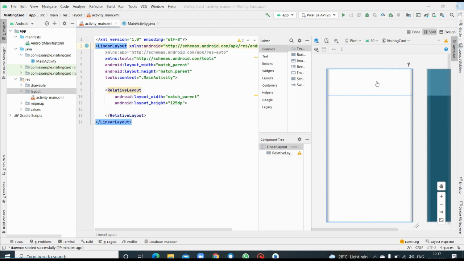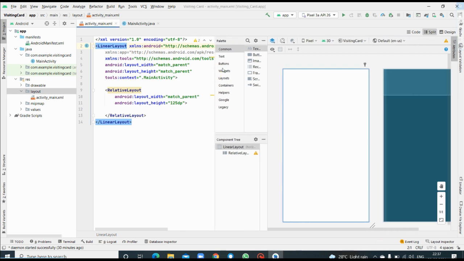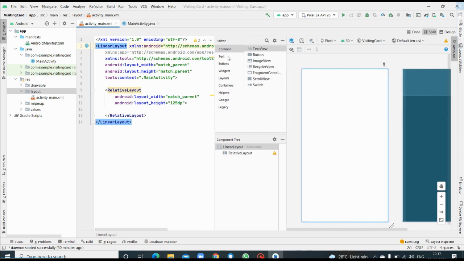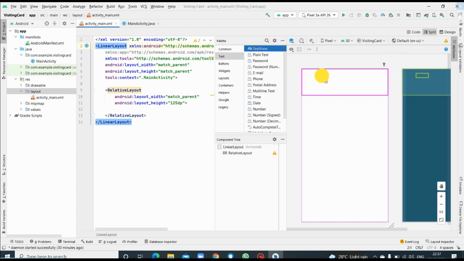Within the relative layout, I need to write the company name and I need to put the company logo, right? For the company name, we need to make use of the text. Why? Because see, look at this. Since the company name is a text, I'm just going to select text view. I'm going to select text view and drag the text view and put that in